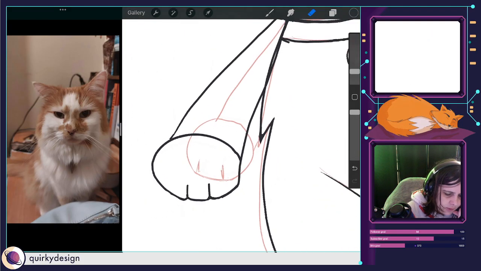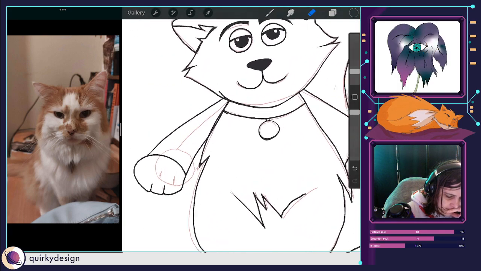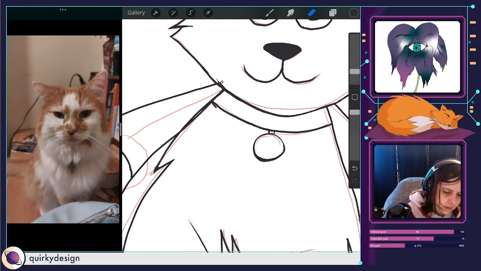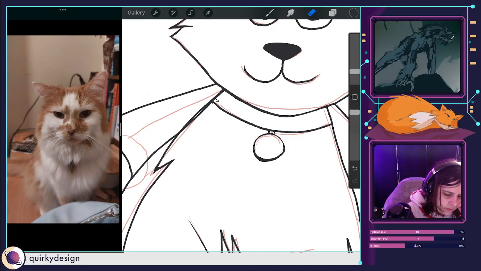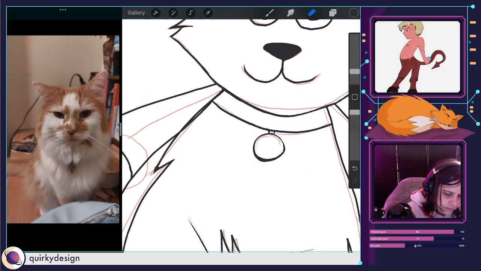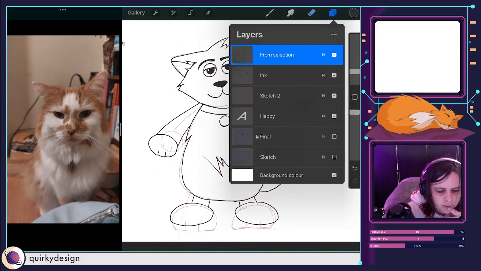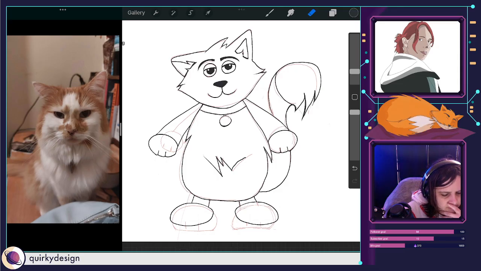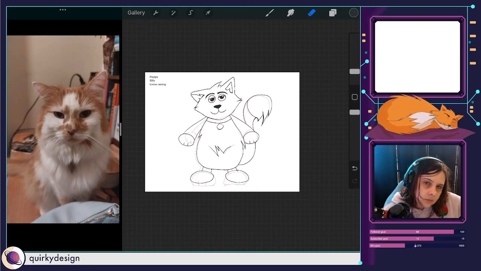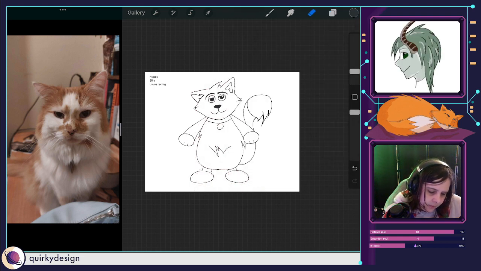You can see just doing that small change has just made a difference already. Just wanted to get that right before I merged it down, that was all. Yeah, that's a bit better.